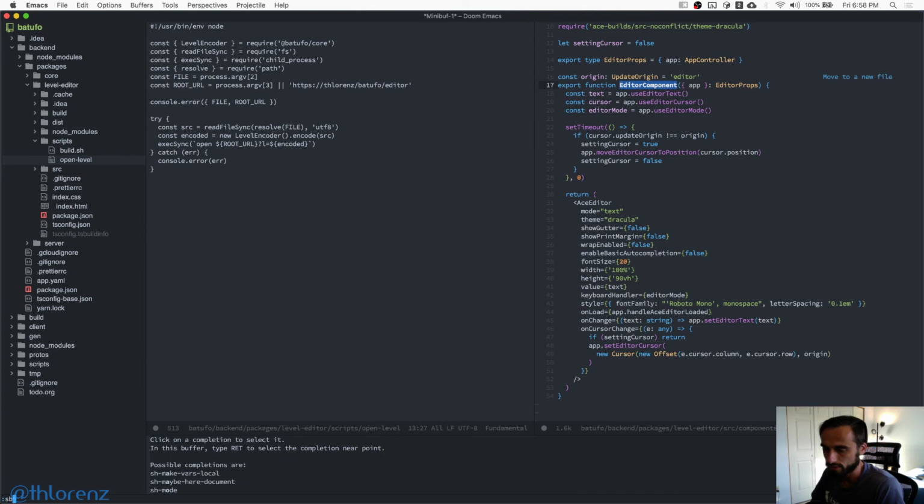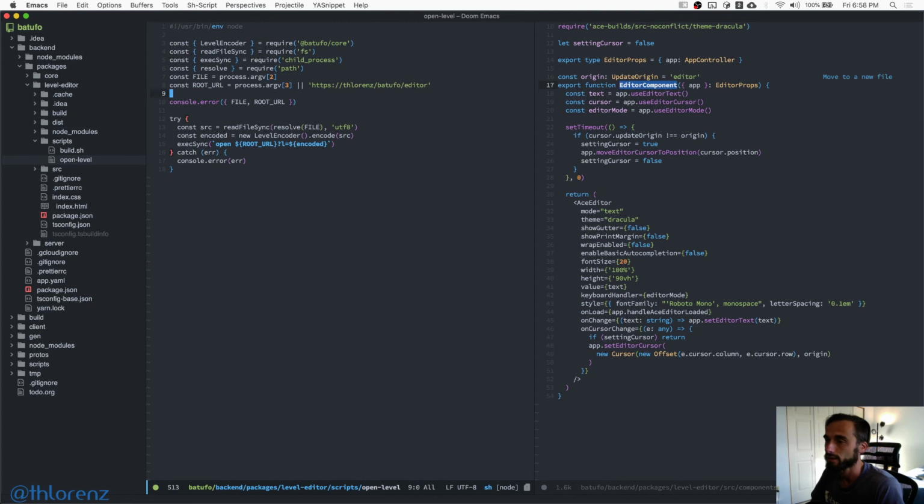Is there a bash mode? Let's see. I guess not. Okay, now that looks better. Oh no, this is actually JavaScript. Haha. Yep. So